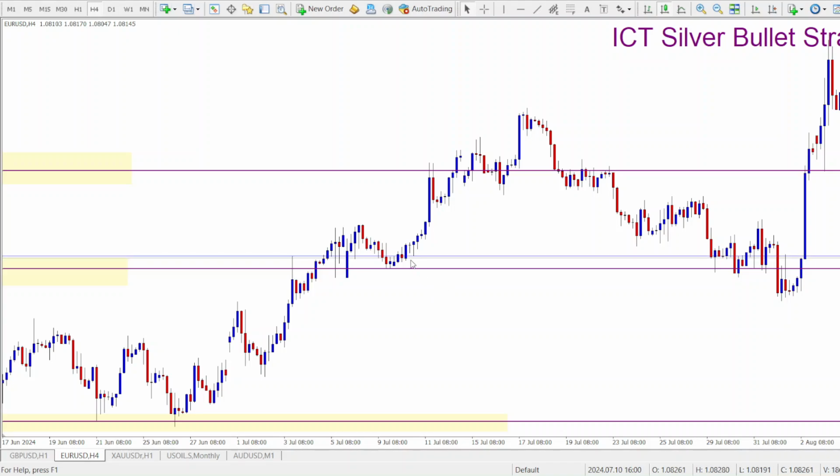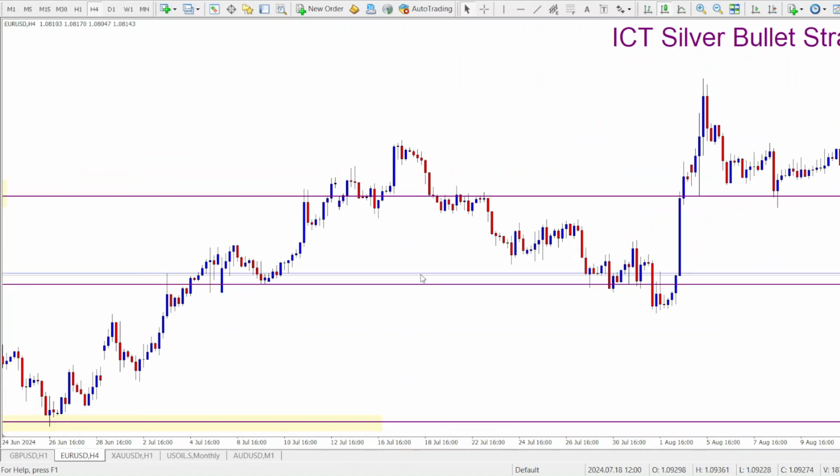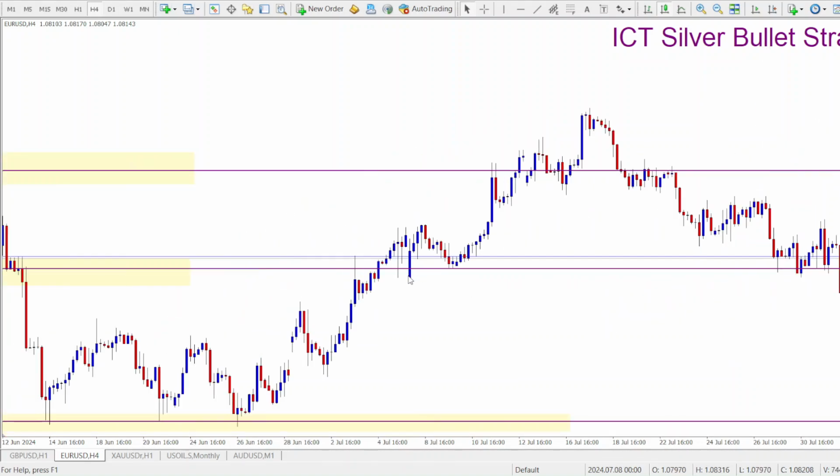So if you are a longer term trader, maybe you can decide to close half of your trade, or if you have identified that the trend is strong, then it's possible that that significant level could be broken. So you can just decide to lock in parts of your profits and then continue to ride the trend. Okay, so